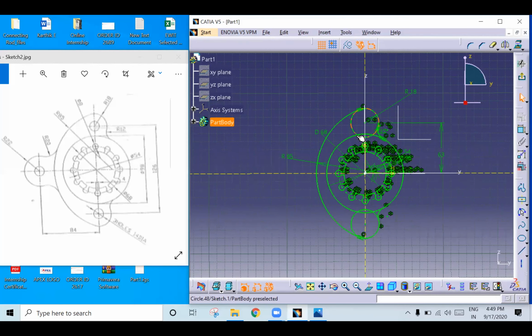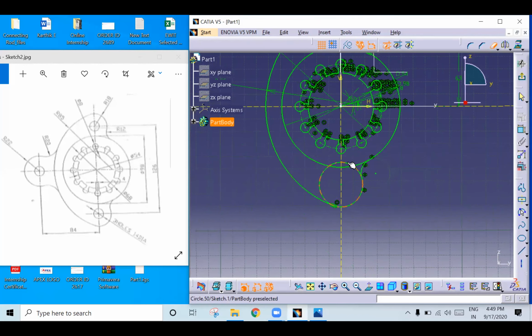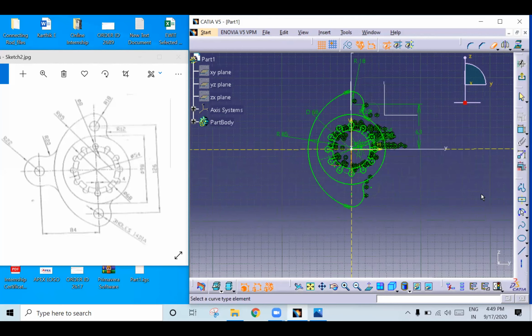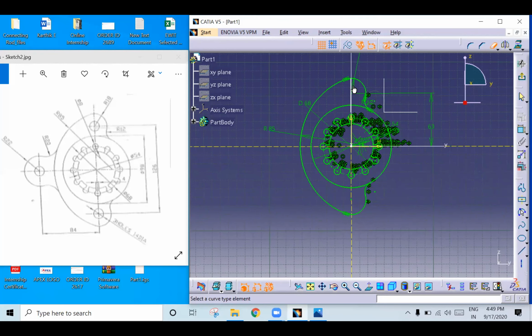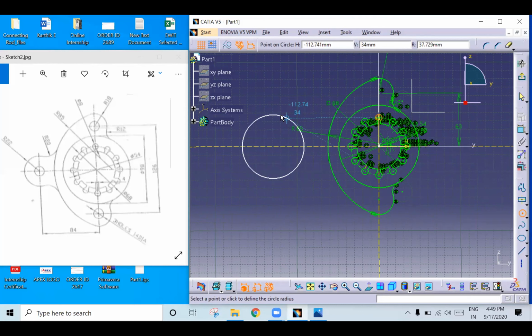Next we need to trim this part, right? Go to trim, zoom in, select this, this, then this, and this. Then we need to create two circles. Go to circle, select this.